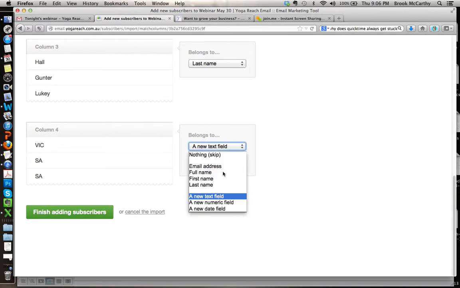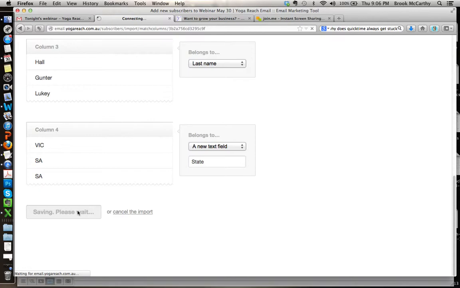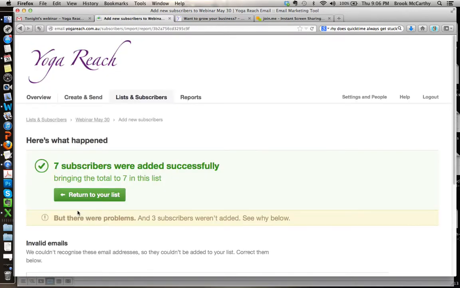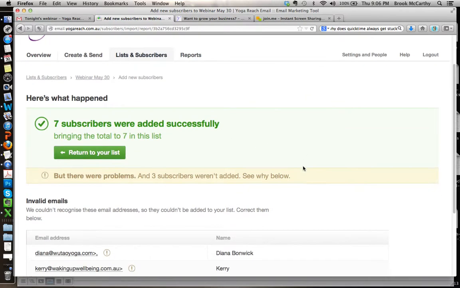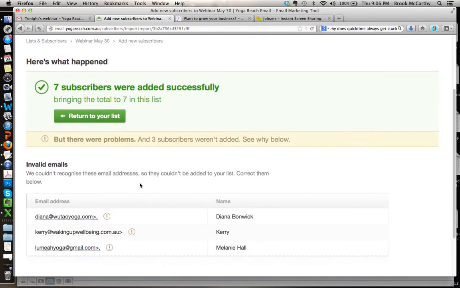So that's a text field rather than a numerical field or a date field, and then click on that giant green button. So this is one of the reasons I love this tool, is there's not that many options per page, and what you need to do next is always really big and bold and obvious. So you can see I've deliberately left a few mistakes in the file so that I can show you how easy it is. So say, for example,